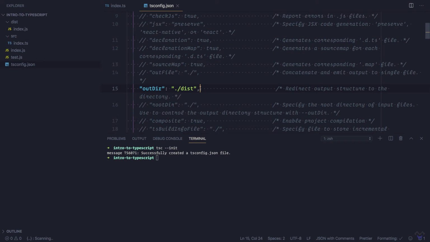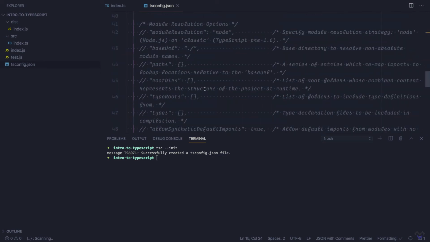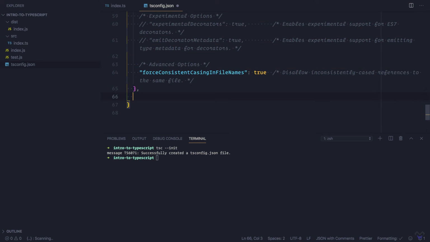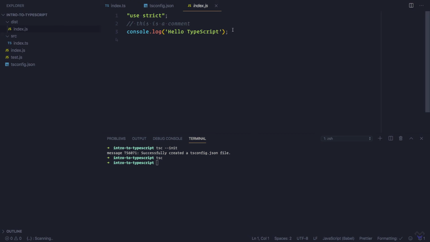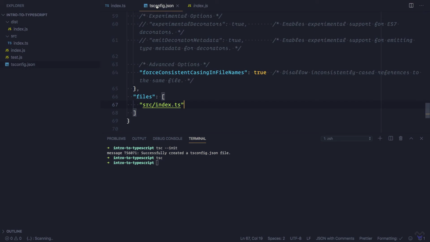The first one is using a files property, which will contain an array of TypeScript files we want to compile. But in our case, we only have just one file. Now let's try recompiling our code by simply running tsc. Again, we have the same output with a slight difference